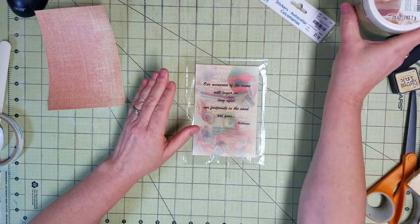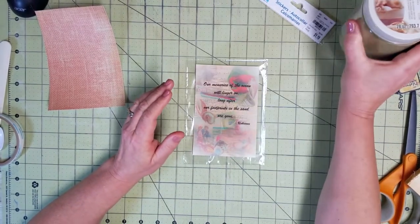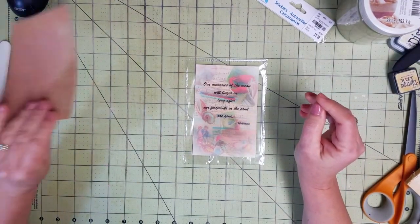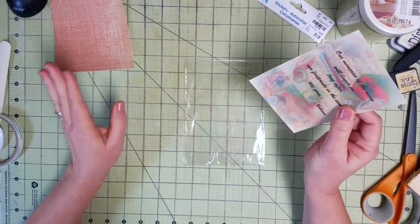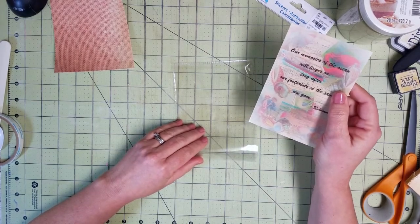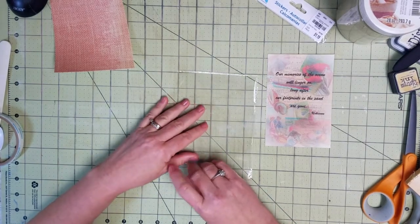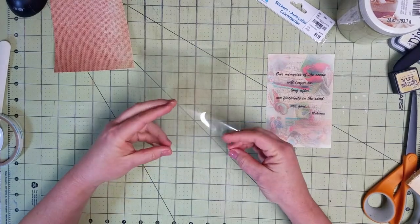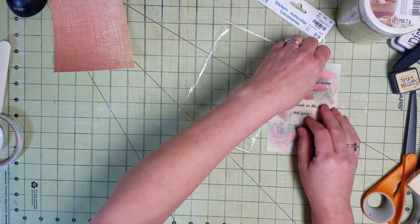Oh, and I'm going to be putting sand in my card. Now, if this completely does not work, you'll never see this video and never know about it. But I'm hopeful that I can make this work. So, I'm going to